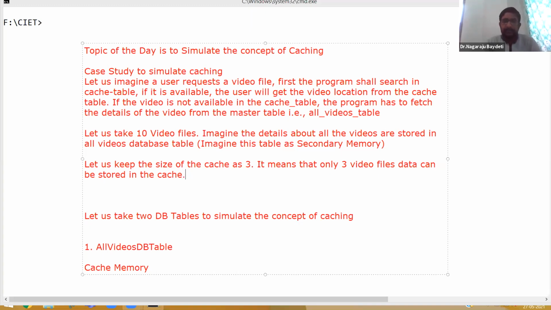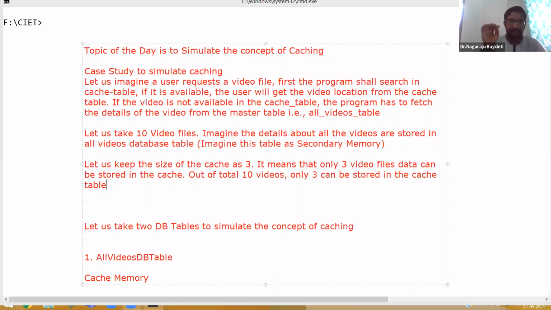Total videos available are 10, but my cache will allow only 3. So out of 10 videos, only 3 can be stored in the cache table.